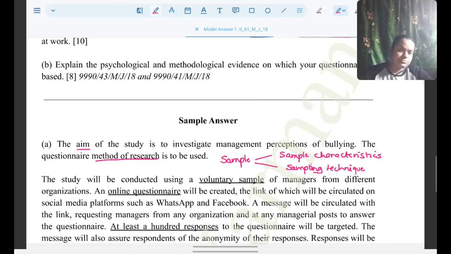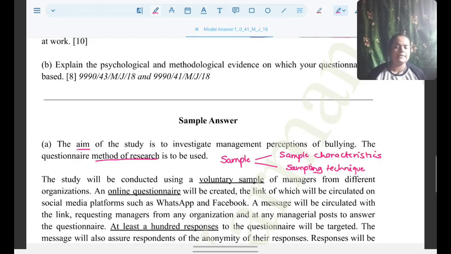We can go to a nearby organization, request all the managers in that organization to be a part of our study. That's a good technique. Voluntary sampling is good, in my opinion, because a voluntary sample is suitable to the questionnaire technique the way I have designed it further. I have designed an online questionnaire, so for that I felt that a voluntary sample would